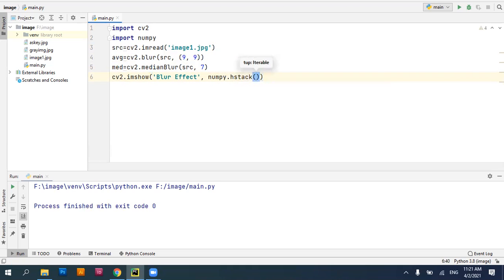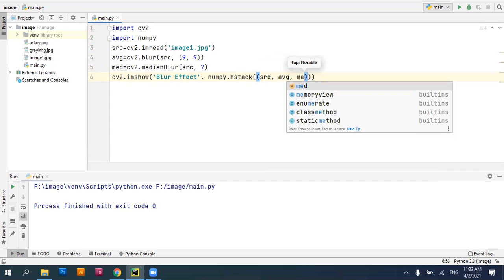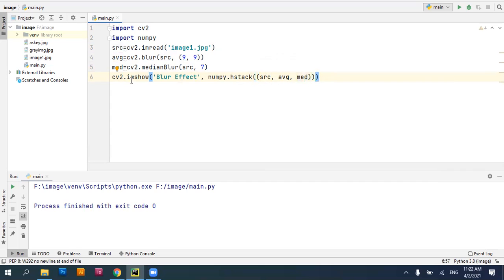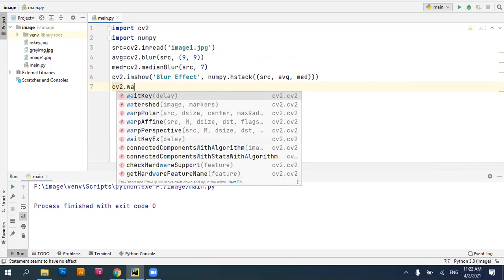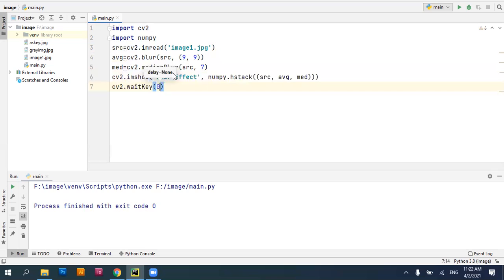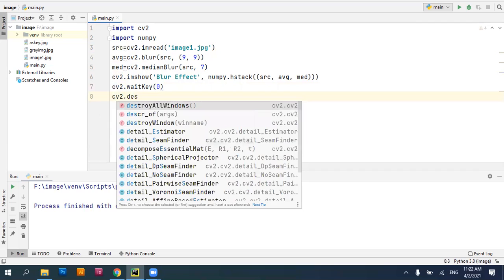That's going to help me to display my source image, an image which has been applied with an average blur effect, and then one which has also been applied with a median blur effect. So here we go. This is where I have displayed it, and I'll be using cv2 dot waitKey and specify the delay as 0, indicating to sustain my window until I close it. And finally, I'll be using cv2 dot destroyAllWindows.